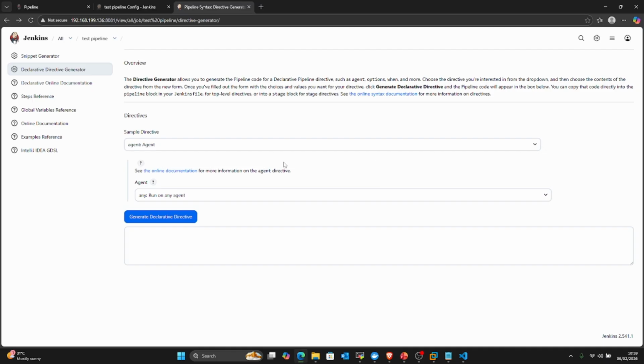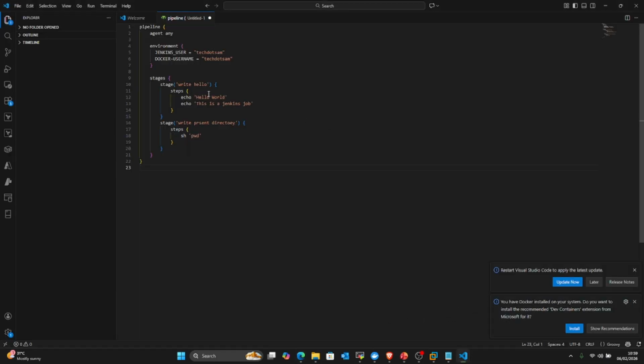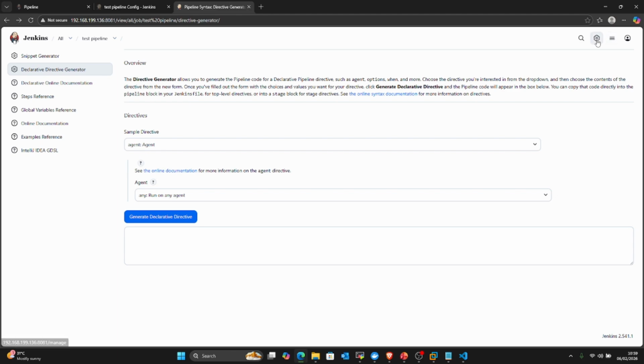So I talked about credentials. Okay, so is there any other thing I'm leaving here? Talked about environment, talked about stages and all of that. Depending on what you want to do, you can always find a code snippet for that. So if you come here,